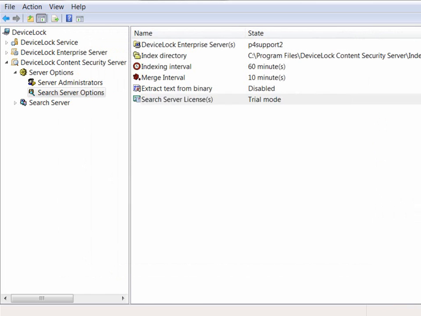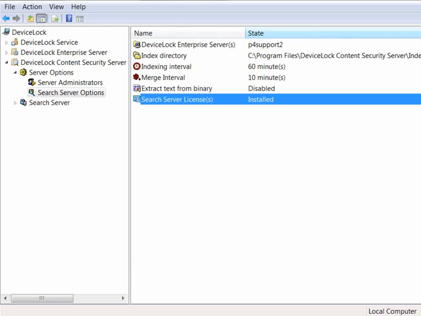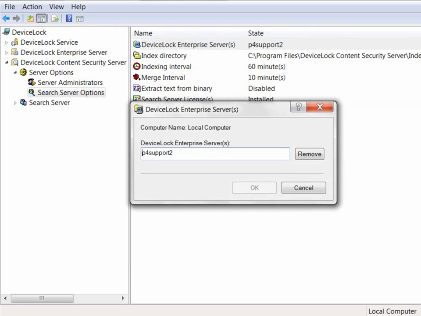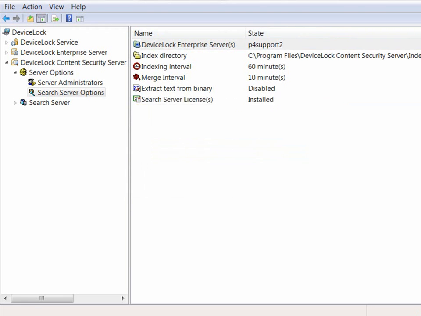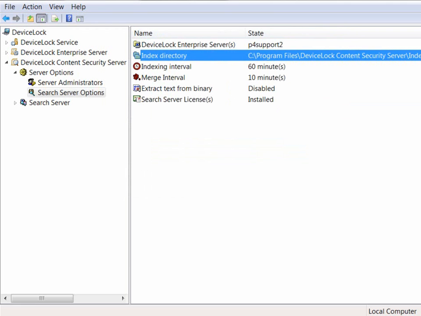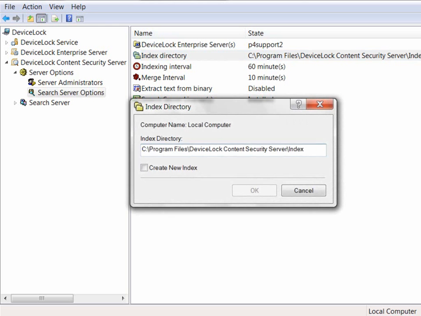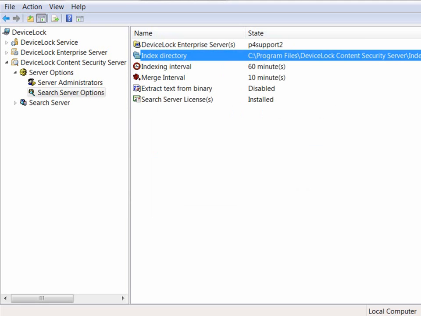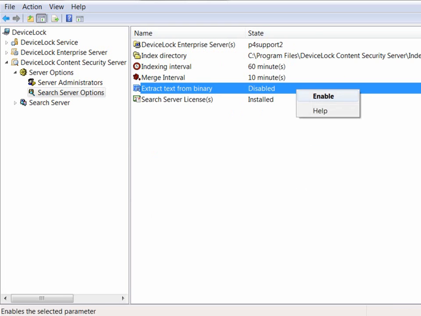To specify DeviceLock Enterprise servers whose data will be indexed for full text search, use DeviceLock Enterprise Servers menu item. Type the IP address or the name of the computer that is running DeviceLock Enterprise Server. Click OK. To specify the location of the full text index, use Index Directory menu item. Type the path that you want to use as your default index location. Click OK. To allow or disallow the index to include textual information from binary data, enable or disable Extract Text